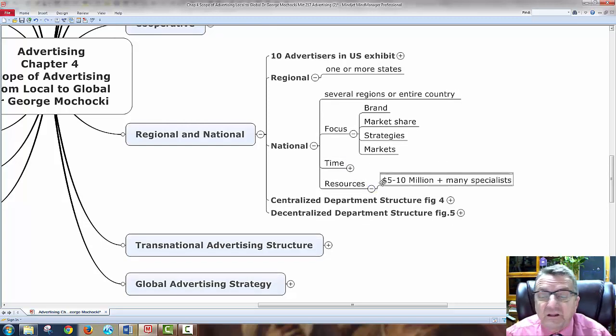Now the resources, just guess what? They have 5 to 10 million and many specialists. So they have a lot of different ideas. But remember one thing to manage, if you're in that field, or you're opening up, or you're dealing with individuals or agencies, or you are in agencies, you have a lot of creative individuals. Creative individuals are more one-on-one. So when you're bringing in an agency, you want creative individuals that are able to work together to come up with a creative idea. And some do better than others.